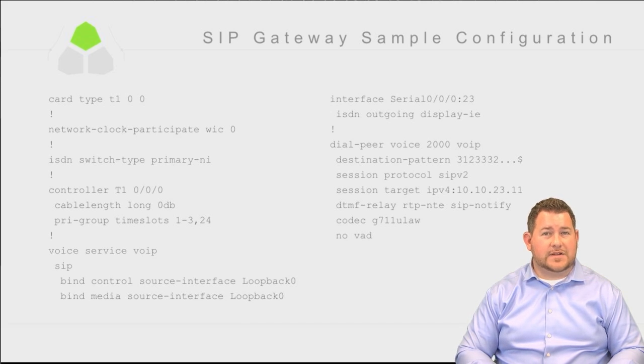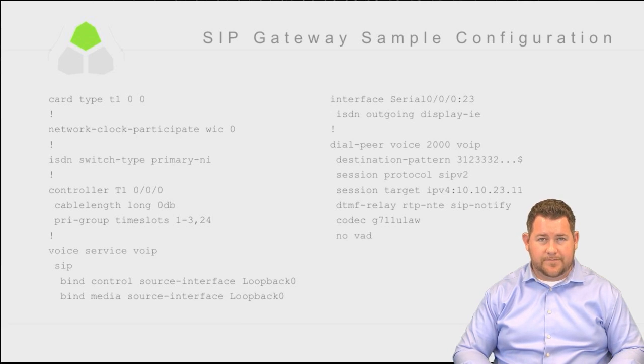We do not have the service MGCP keyword on the end of this, so we're not using MGCP for this communication. Just going to be using ISDN. The actual rest of the configuration for SIP now is going to be, like we mentioned before, under the global voice configuration. We've got the SIP global configuration. We're binding the control and media source interfaces to loopback 0. So loopback 0 is going to be handling all of our SIP communication from now on